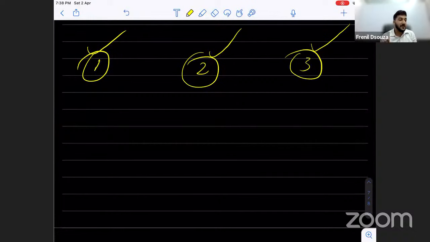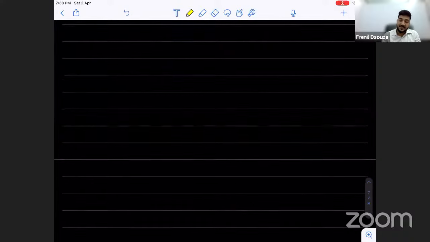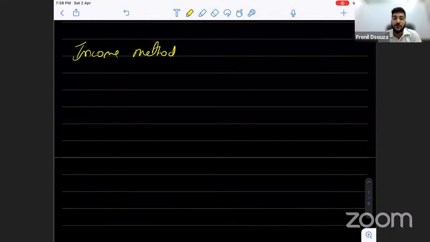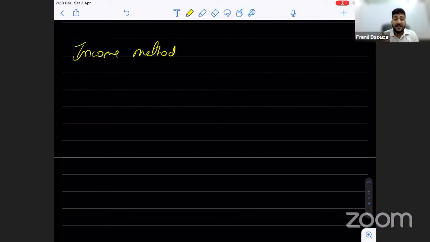What is the next method? Let us take income method, right? I'm going according to the notes which I have given you. Even if you go to the free resources, when you download the OneFin app of Indigo Learn, you will get the notes of economics for finance, and in those notes in the short form I have given a lot of things. The entire 400 pages of institute material I have given you in a summarized way to make sure that your revision goes faster, and it is well within 80 pages, so you can go through it easily. So let us go according to that itself so that your revision becomes much easier.